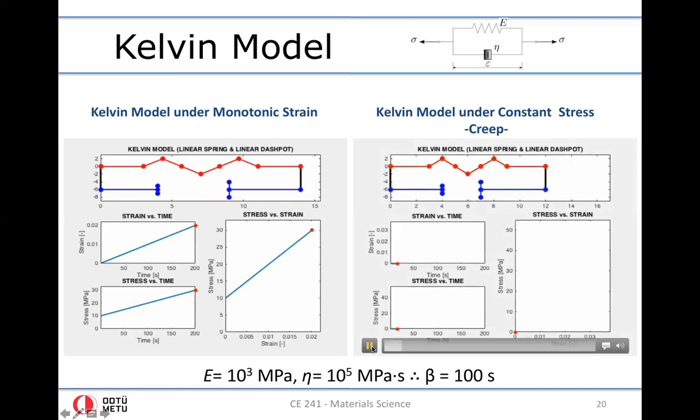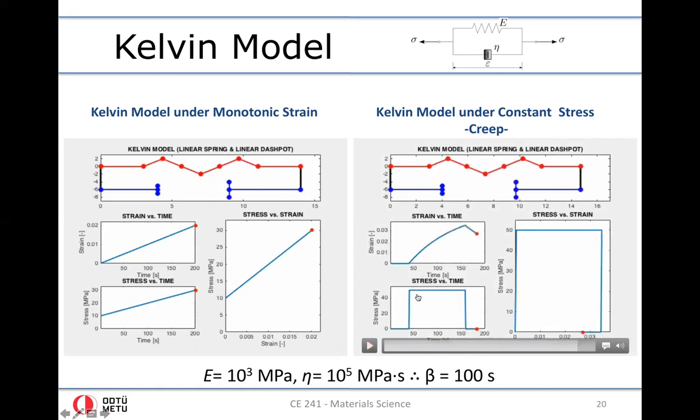This is the creep experiment we just considered. You see how the creep stress is applied. Stress is applied, constant, and then strain evolves. And then when the stress is removed, it starts to decay. Let's play it again. Then decay. So for relaxation time 100 seconds, we have, when you draw it here, essentially this curve,